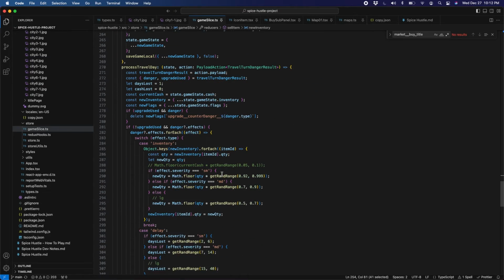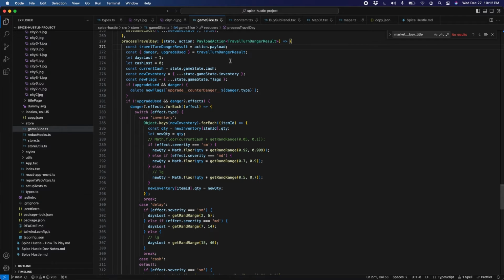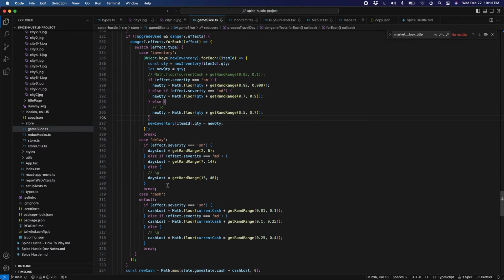If we look at the travel day, this process travel day, we take that travel turn danger result, right? So at this point, in the front end, you've already seen the dice rolls. What we're doing now is processing the effects of what happened on that day. So the data is going to tell us what types of effects and what the severities are. So each different calamity you can run into might affect some combination of inventory, delay, meaning it's going to increase the number of days you've been out, or it's going to take some of your cash, depending on the severity,